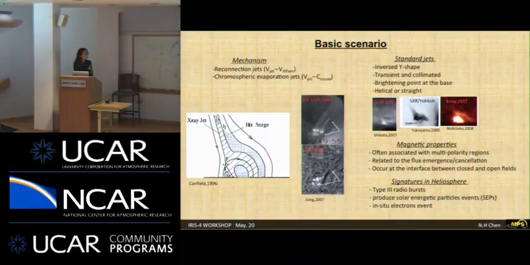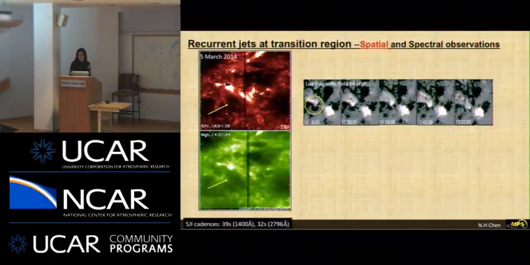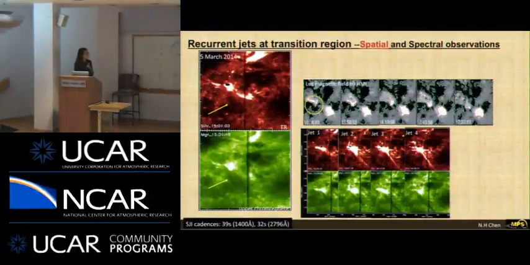And the other thing that I care about, for the heliospheric people, is that the signature we usually find is type 3. That usually has to do with the solar jet observed on the corona, and sometimes it's a speedy solar energetic particle event that is sometimes caused by the recurrent jet. So this is what heliospheric people will care about. And what IRIS showed us is this transition region phenomenon and its counterpart in the chromosphere. That's good. So this recurrent jet observed by IRIS is